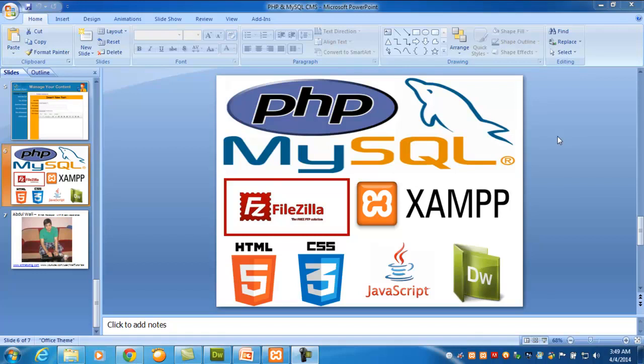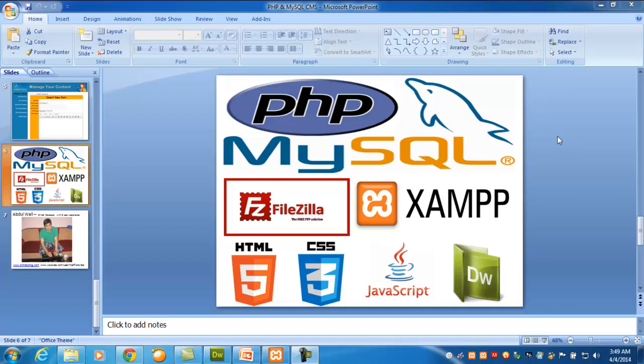Hello everybody. Alright, if you have installed XAMPP setup and also Dreamweaver and you are ready to start work on this project, that's a great thing. But before starting the project, I will let you know that whether you are an advanced PHP developer or a very beginner, I will try to explain everything in detail so you can understand what we are going to learn and what will be the result at